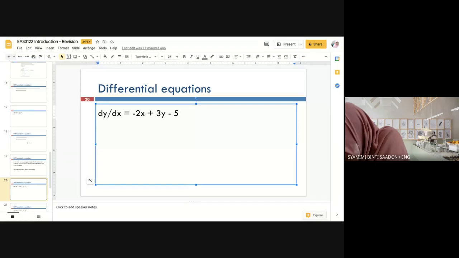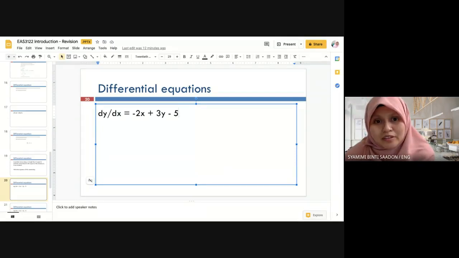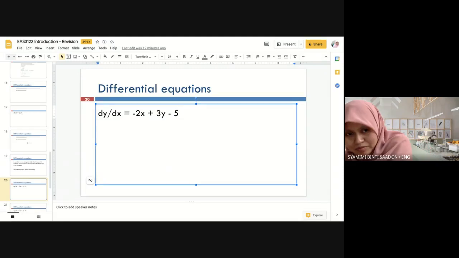Cuba. Plus 3xy minus 5x. Minus 2. Yeah. Plus